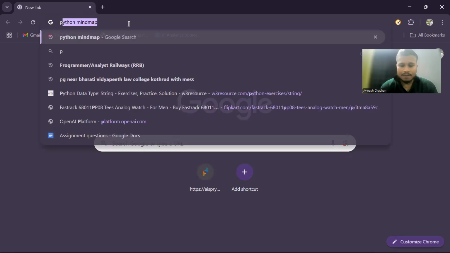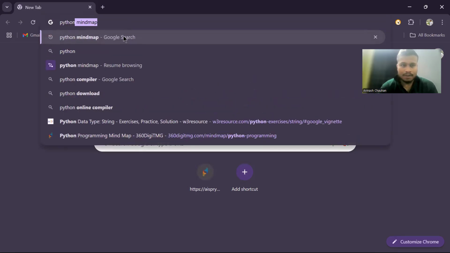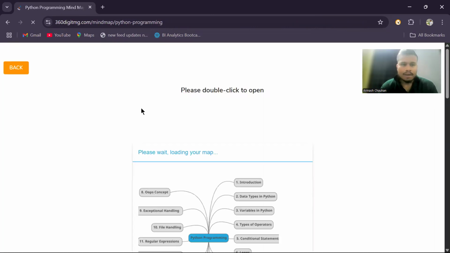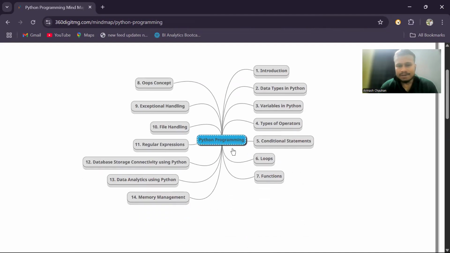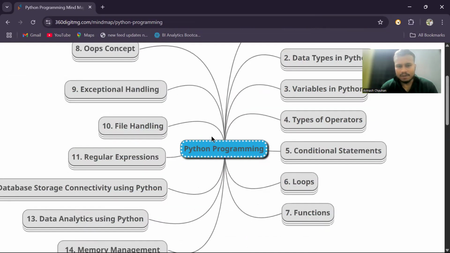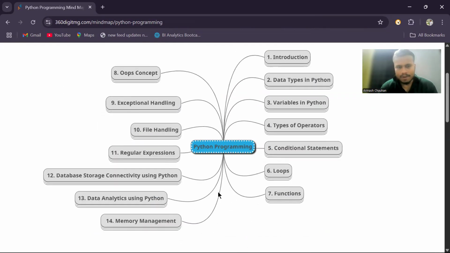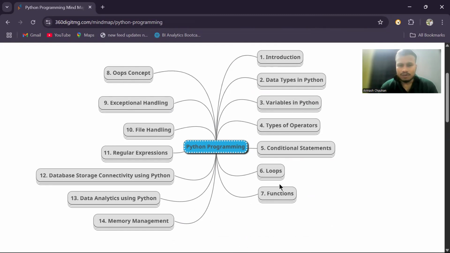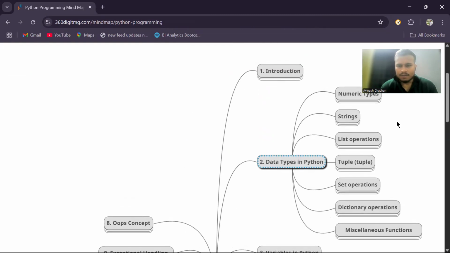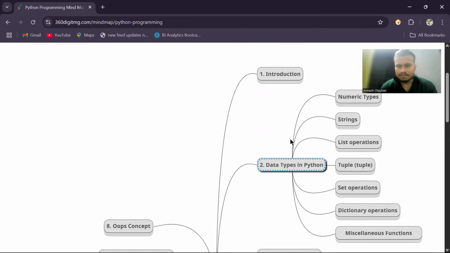So how can you open the mind map? Just type Python mind map, and it will redirect you to the mind map. And how to operate it? Just double click on anything which you want to open. You can see that various branches have been opened pertaining to Python. So yes, we were on data types in Python. What were the data types in Python? We were discussing lists,